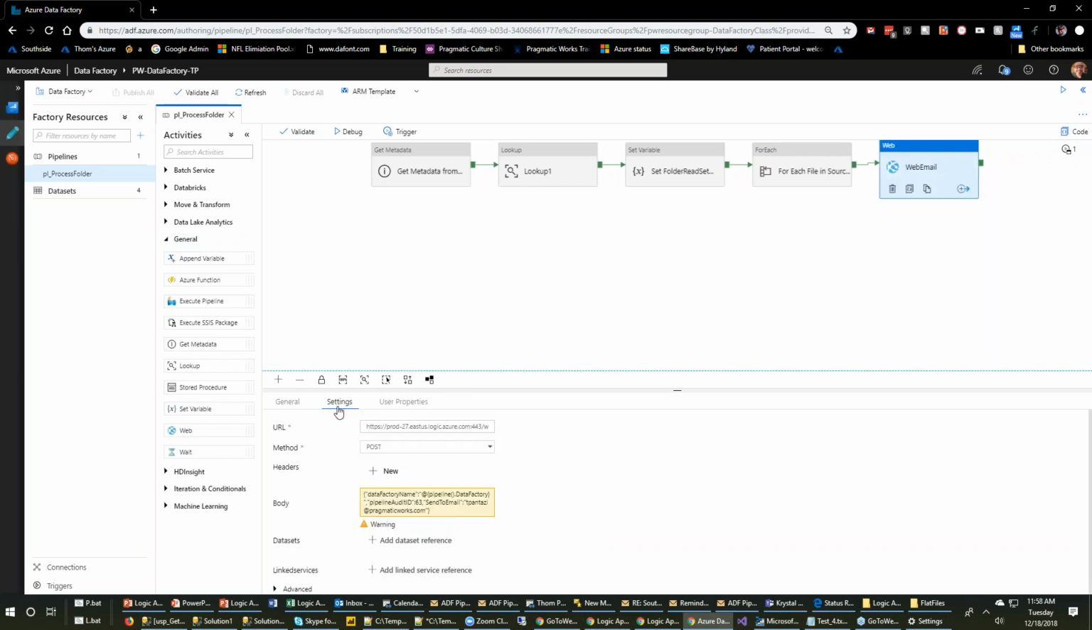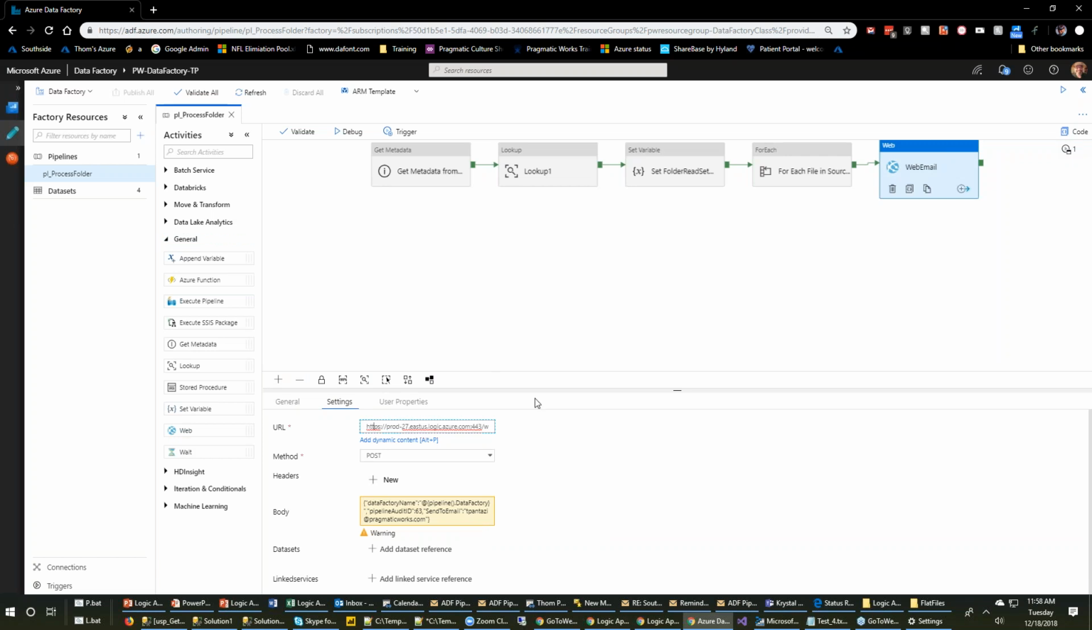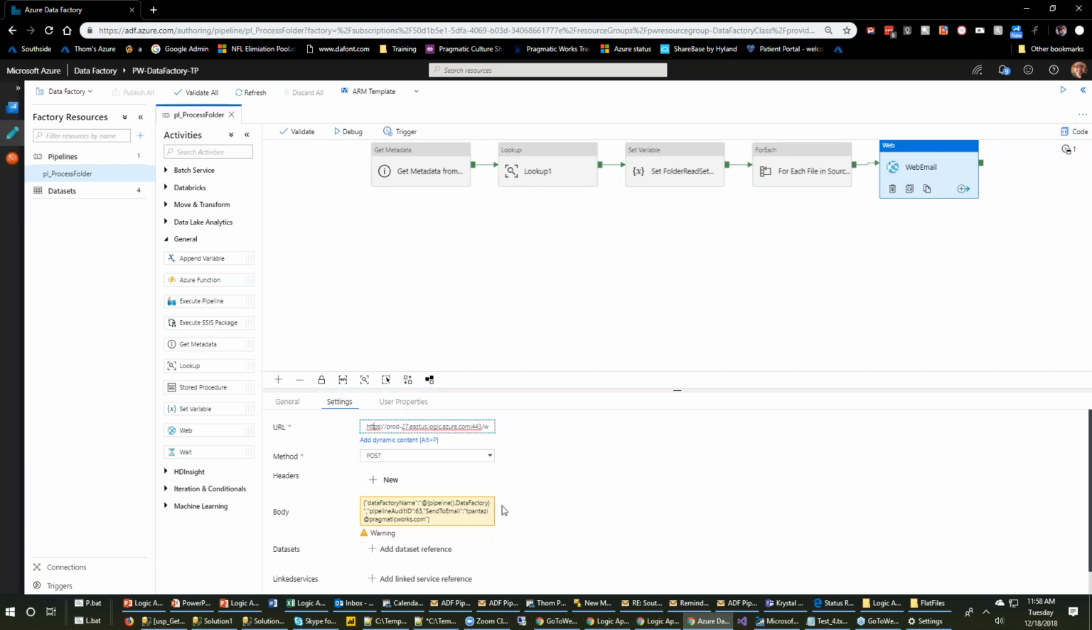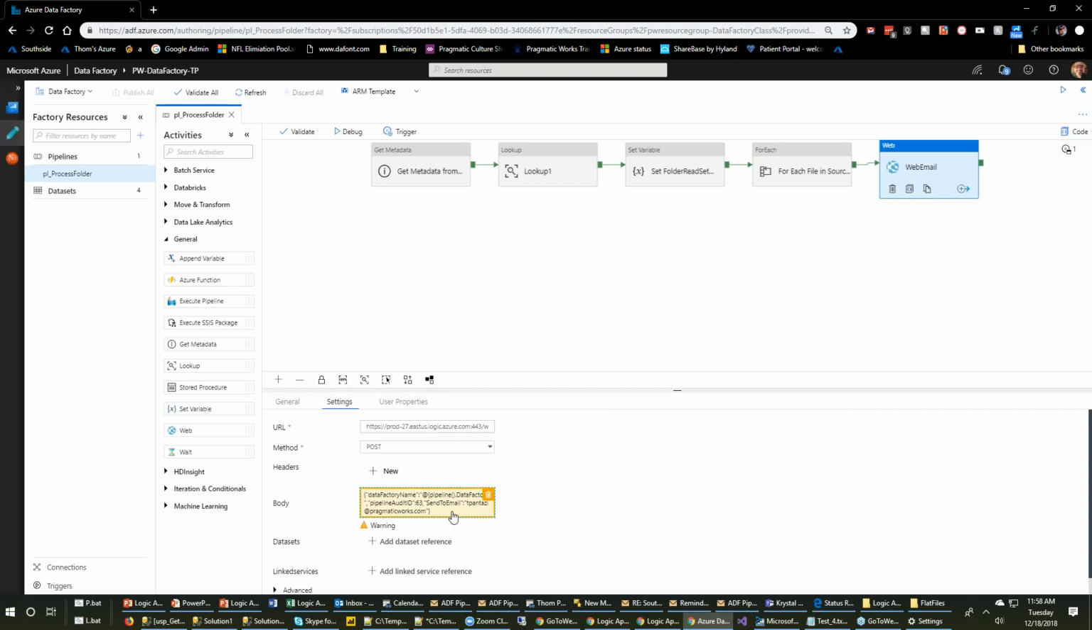When you come over here, under the settings, this is where that URL that wasn't there until we saved it gets pasted. It's of type post, and so we pick post. And here's where I put in that JSON. This is where the magic kind of comes in. And basically, this JSON,